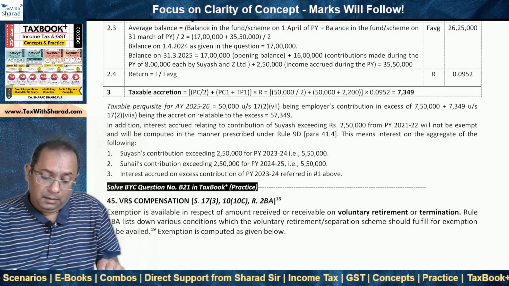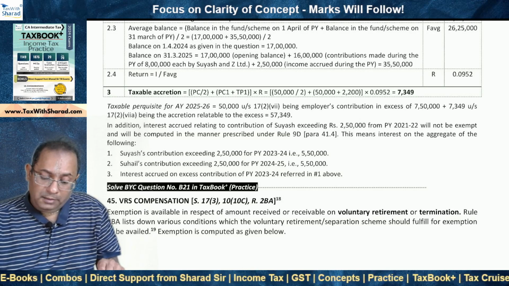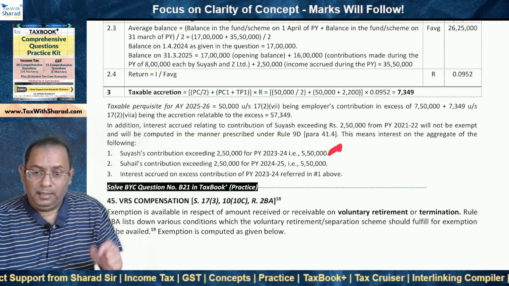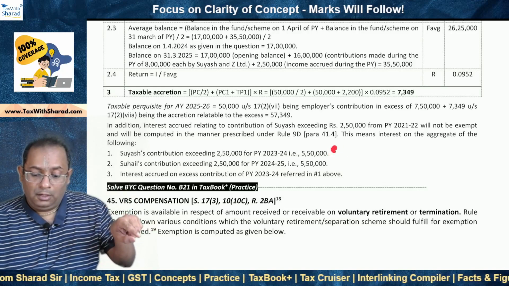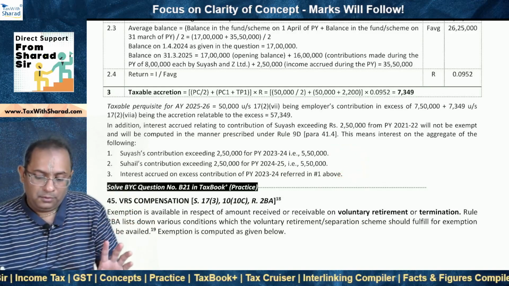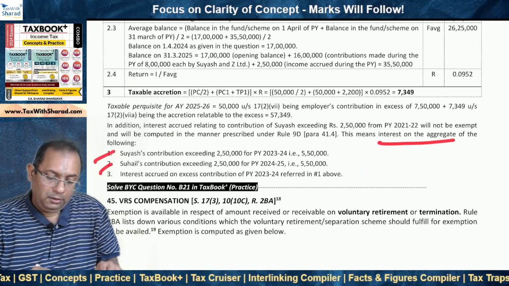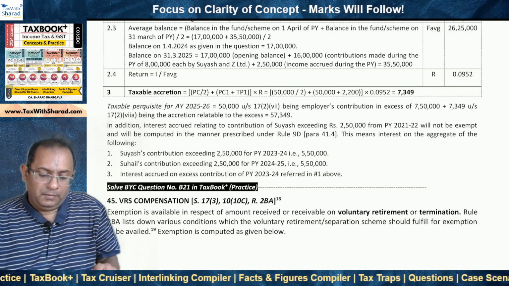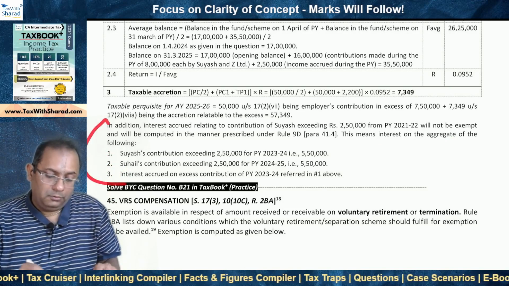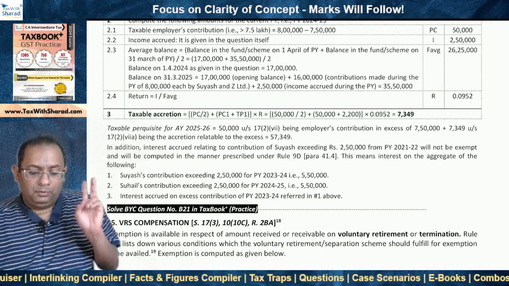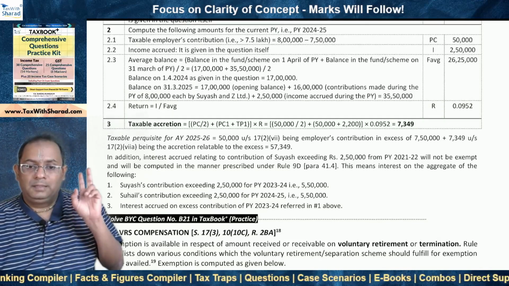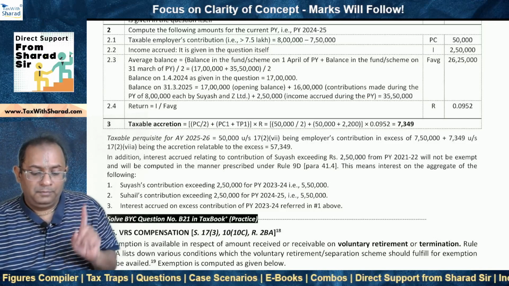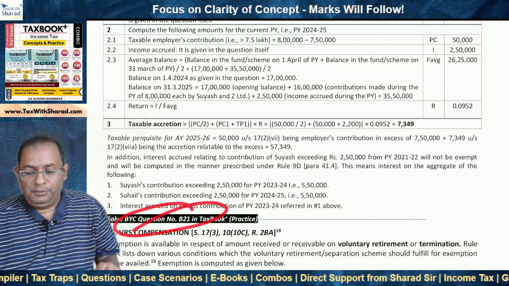In the previous year 23-24, interest would have accrued on this amount, and that interest is now added to the balance. So now there is interest on that interest as well. So interest on the aggregate of 1, 2, 3 will be taxable under the current previous year. This is also what we always need to check in our question. So both the tax implications on account of excess employer's contribution as well as on account of excess employee's contribution, there is this question which you should solve.